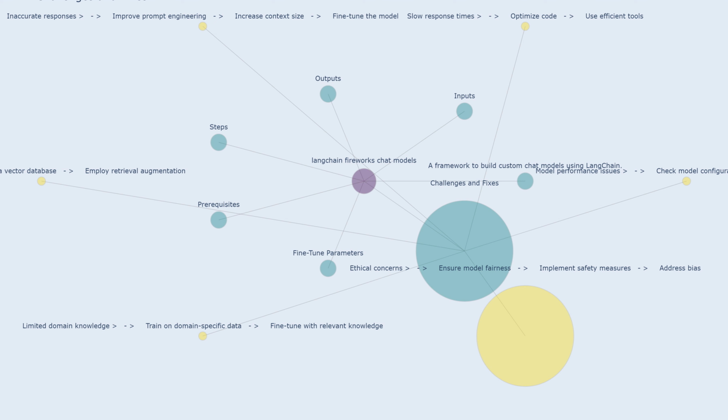Implement safety measures. Incorporating safety measures to prevent the model from generating harmful or offensive outputs, including measures to detect and mitigate potential risks. This involves developing mechanisms to identify and remove inappropriate content, filtering harmful language, and implementing controls to prevent malicious or unsafe interactions. For example, a chatbot might use a safety filter to prevent it from generating responses that are offensive or contain